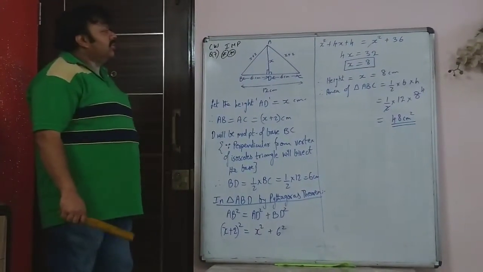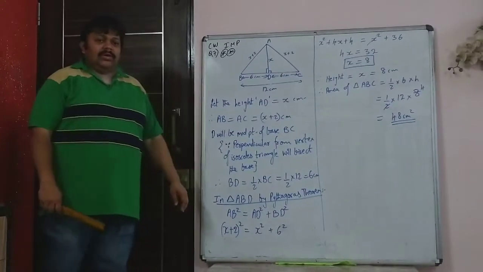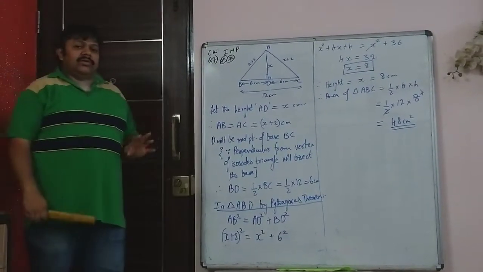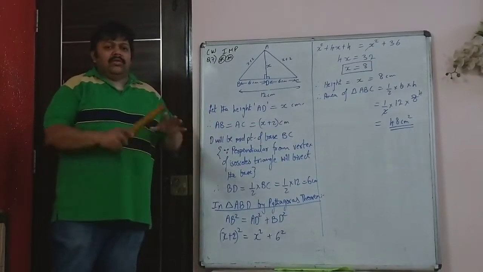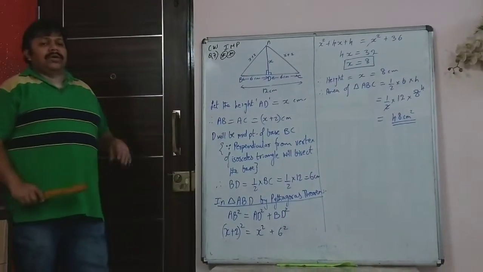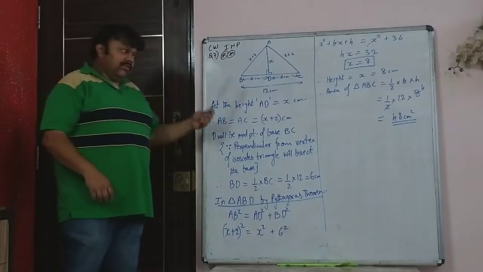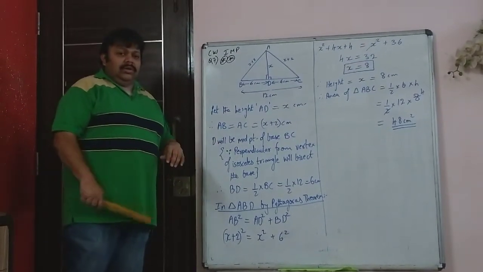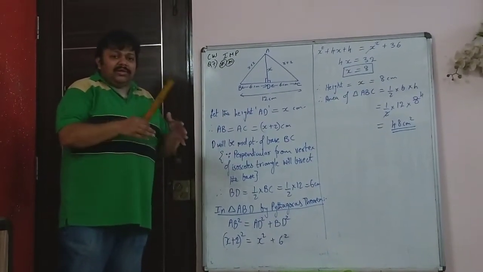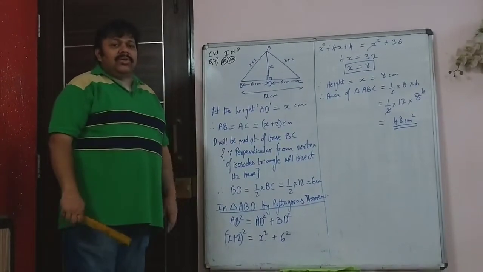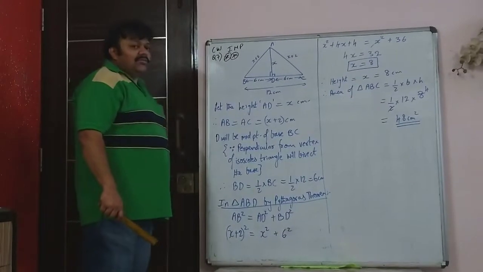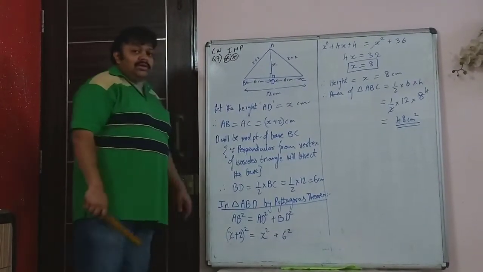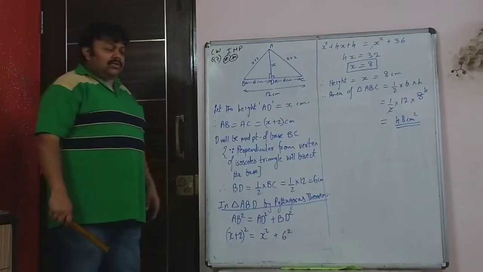The seventh sum is a very important sum because it uses the logic of isosceles triangle, everything which is there for your portion, but there is no splitting of quadratic and factorization. Generally simple sums like this come and mostly you won't be asked that splitting and finding two values of x like the previous sum. So this sum, 7th sum, is very important and is likely to be asked even in school or in class test.